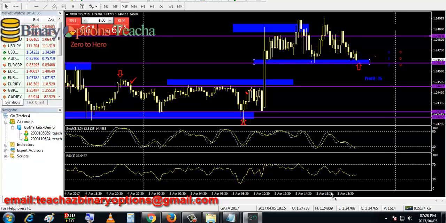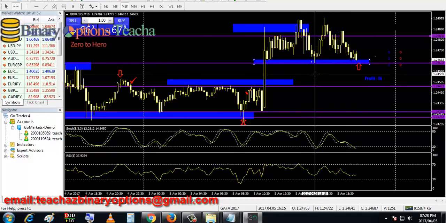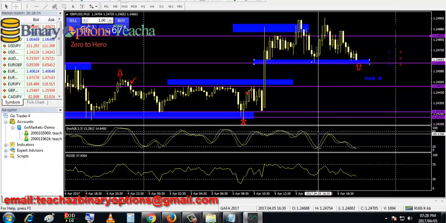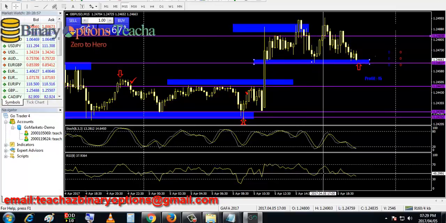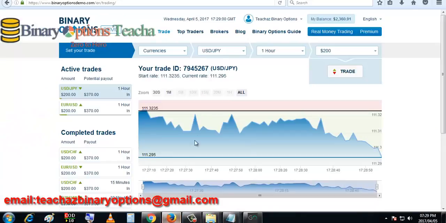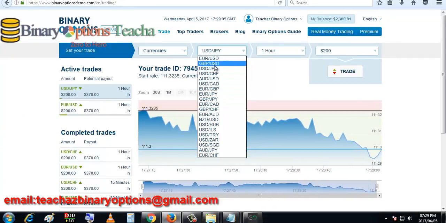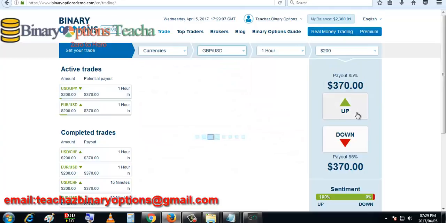This is another possibility. You can see below here the price is crossed, the stochastic is crossed below 20, and the RSI is about to touch 30. So you can actually take a risk, but if you're a beginner, I advise you not to take the trade. So you can also look at the previous possibilities, when it happened. The stochastic crossed below and the RSI didn't cross, but it was a winning trade. So we can take this trade based on that, and also use a confirmation for Sentimental 2,